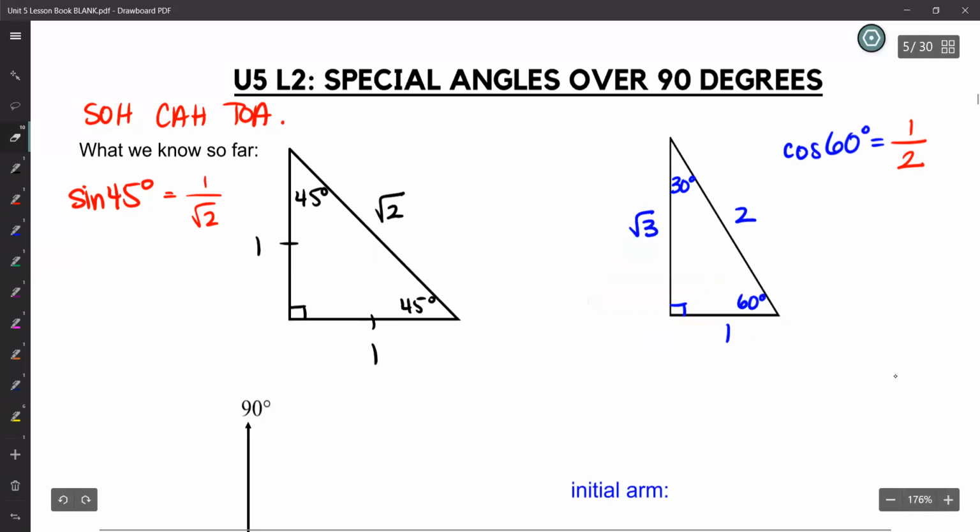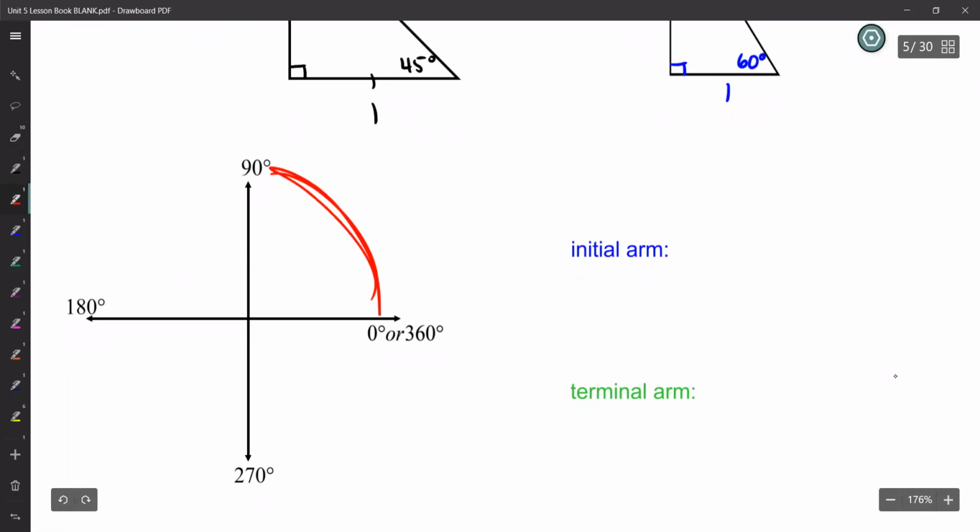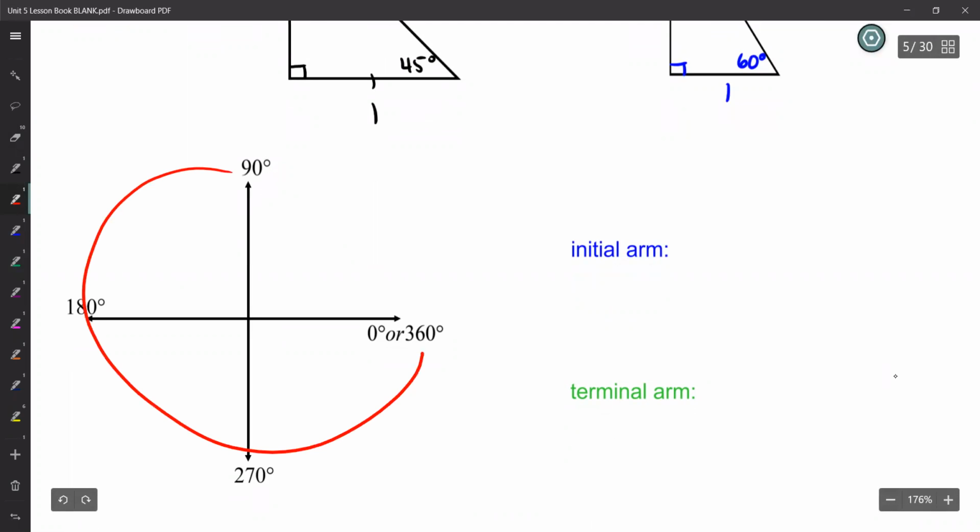Okay, so there's our triangles. We know SOHCAHTOA from grade 10. We of course also know Pythagorean theorem. So if I know 2 sides of a triangle, I can find the third. In your math travels in trigonometry so far, you guys have been dealing with angles in right angle triangles, or even just angles with trig in between 0 and 90. But today we're actually going to be talking about how we can do trig of angles for angles greater than 90 all the way up to